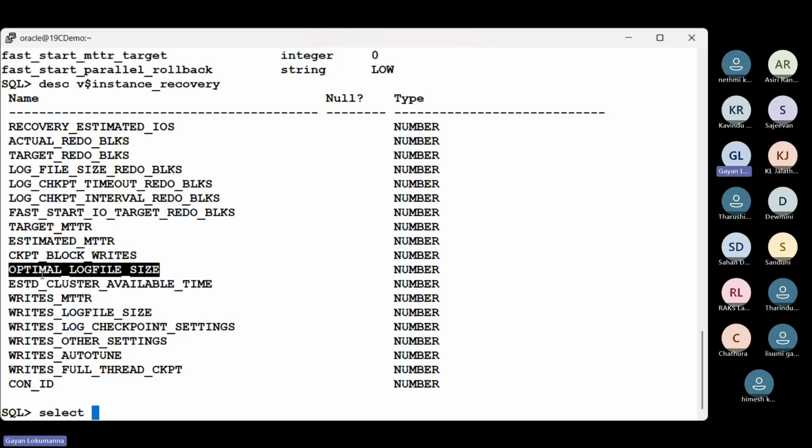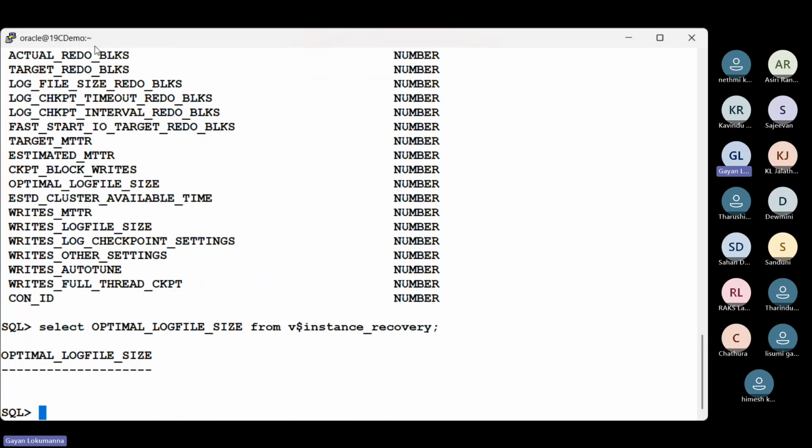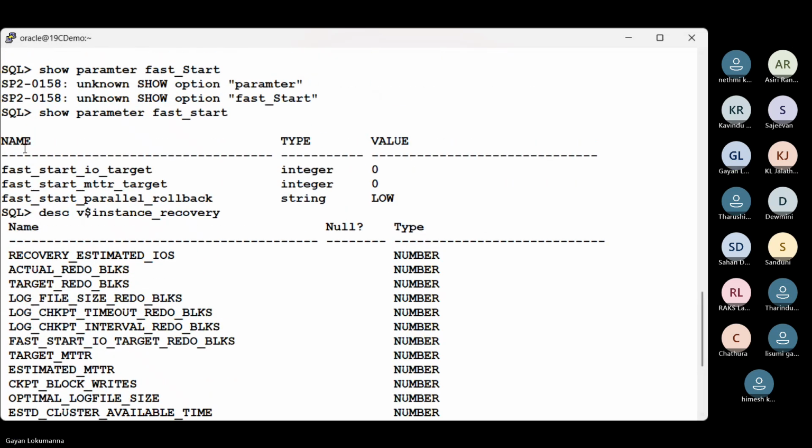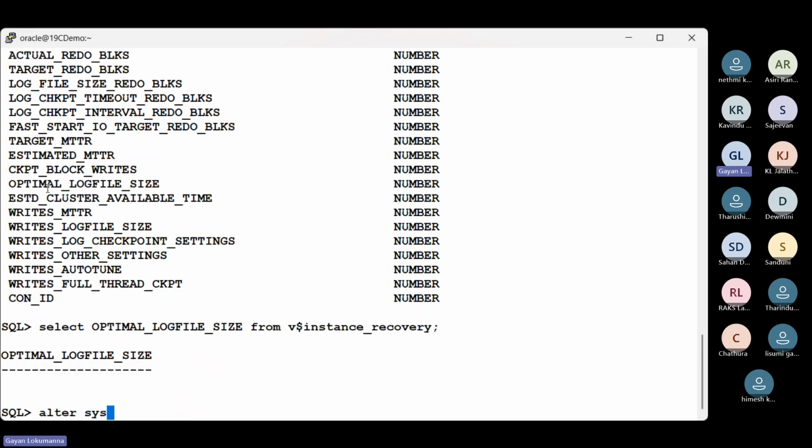If you select this from v$instance_recovery, you can see there is no value as of now because we have not set the fast start MTTR target. But if you set it with alter system set fast_start_mttr_target, giving a value like 100,